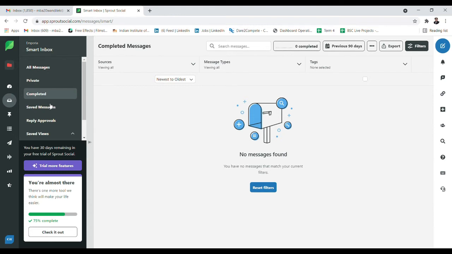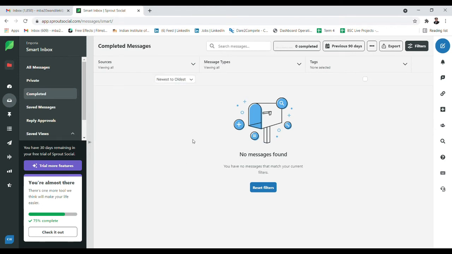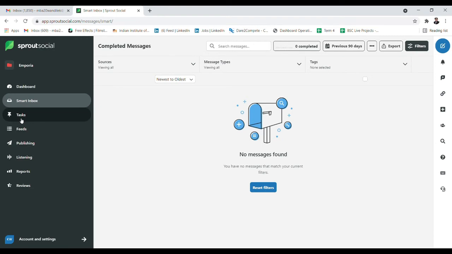Maybe it will notify you, but still it's difficult to open Instagram, then open Facebook, then open LinkedIn. So basically this is a smart inbox. I haven't connected my pages, but you will get the option. For example, here you can see which inbox to view, and you can track all your inboxes from this smart inbox tab in one place. So this is a very helpful tool in that respect.